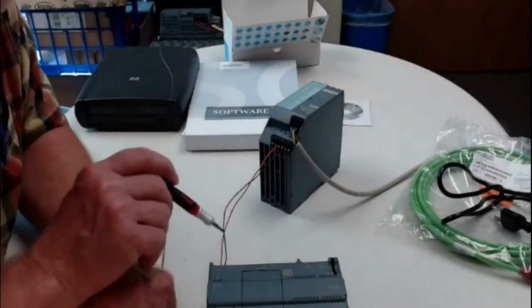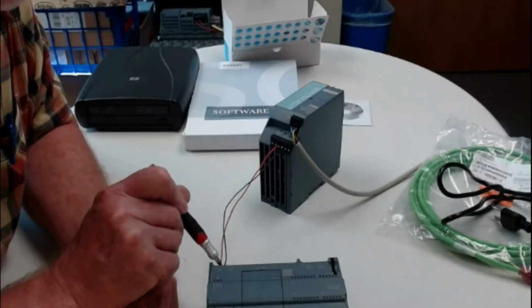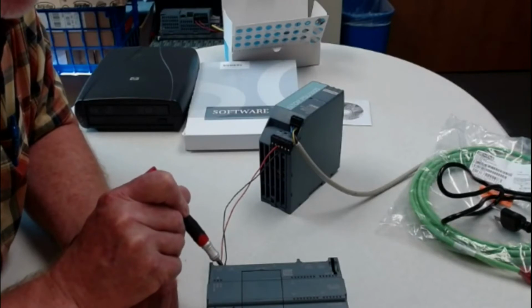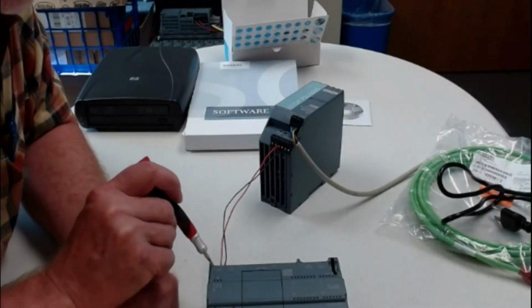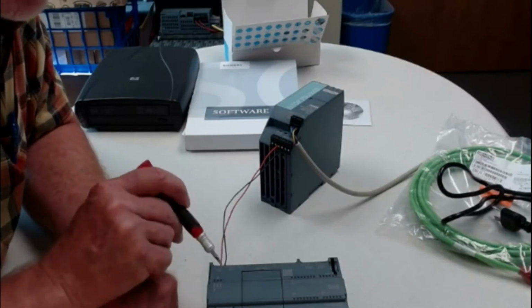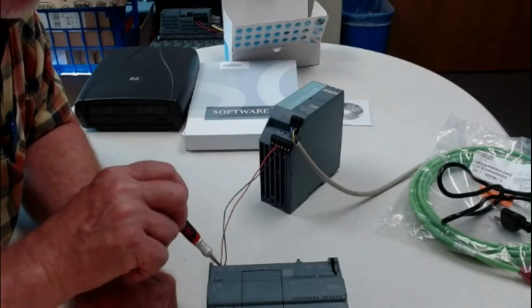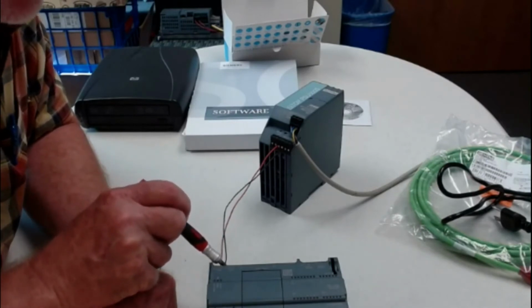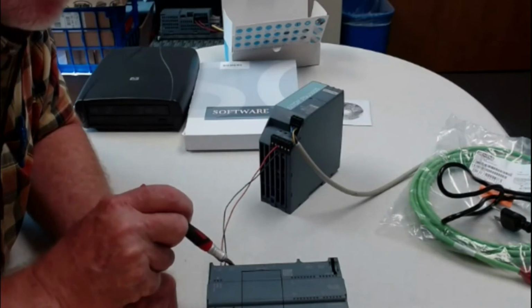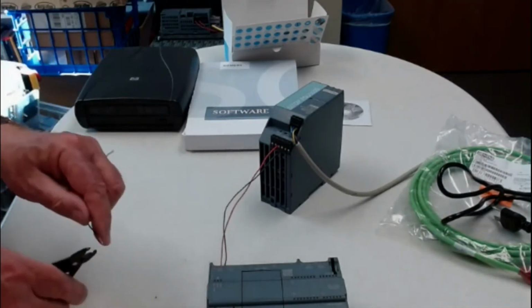Now we have the L that comes in is a 24, the M that comes in is the 0. This is a ground, and we don't need to hook that up. Here is the L that comes from this one, so it goes in and it comes back out. So this is another source of power for feeding everything else. You want to hit this one with our power, but this one is a separate source of 24. Excuse me. This M has to be jumpered to this M in order to make these inputs work off of